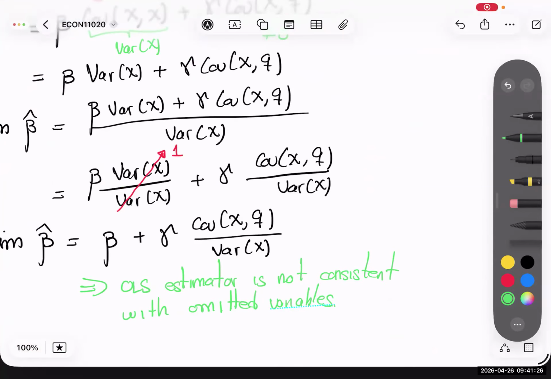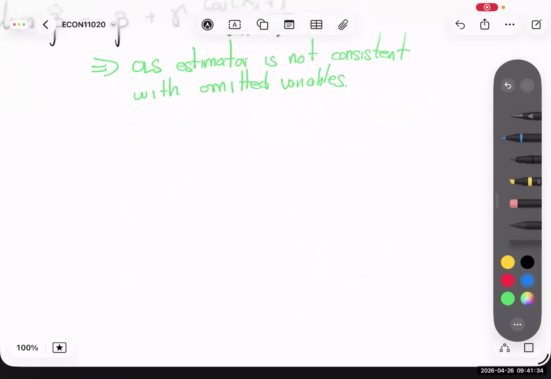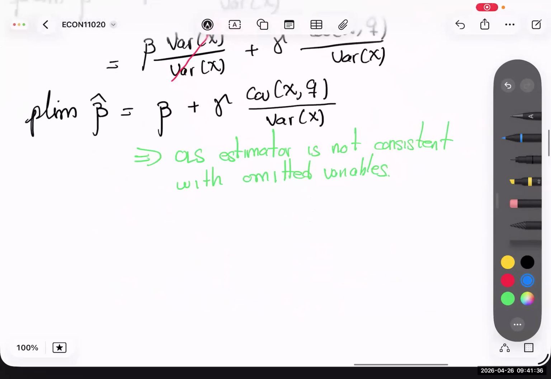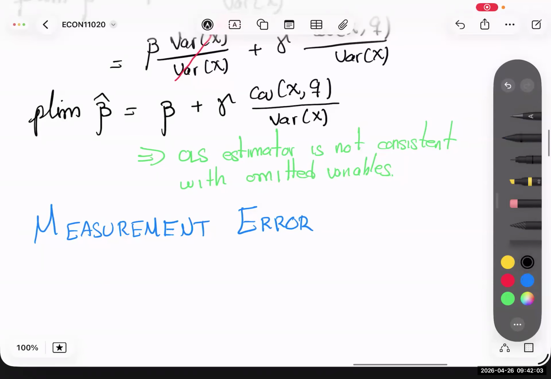Okay, now that's the one that I actually explained in class, but let's talk about the other case super quick. The measurement error situation. And for this one, we will consider two cases. Let me first give you some notation. What we will say is that the true model